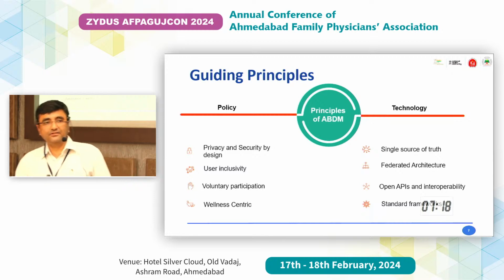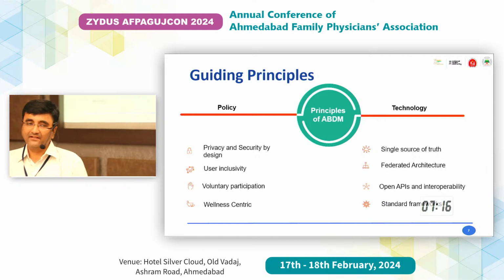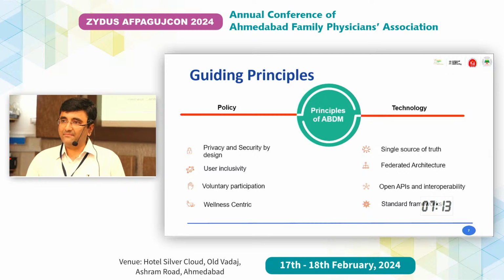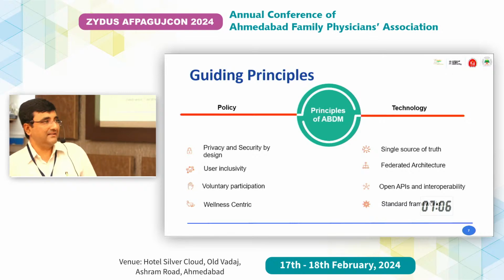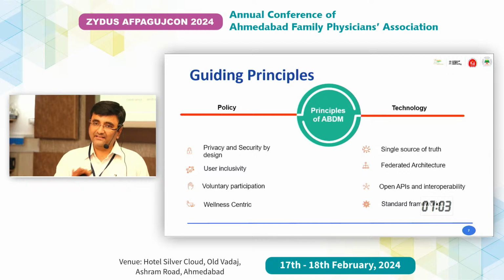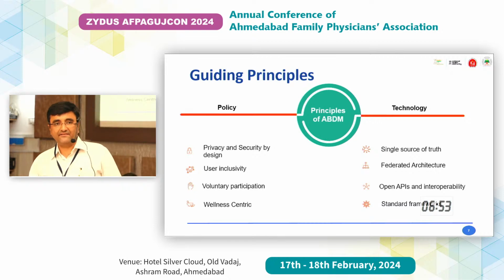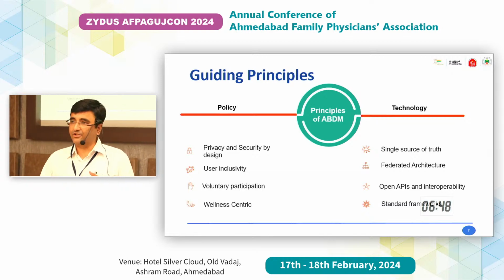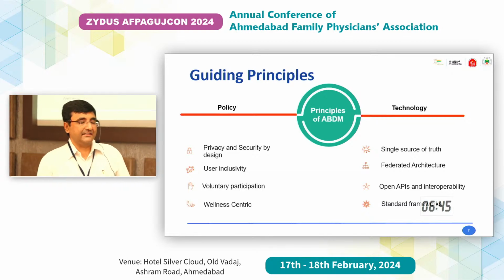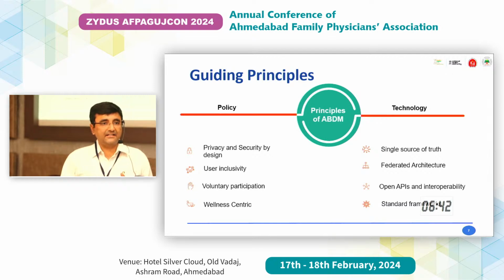The single source of truth helps in many ways. For government in particular, we may ask for data and multiple agencies provide data. So when we compile the data, there is a lot of discrepancy. When we have a single source of truth, then we have consistent data. You may also feel that when you are getting data from different sources, you may have variation in that. So it would be useful to have a single source of truth, where we can access data on a common platform. Interoperability: federated architecture means the data resides where it originated.